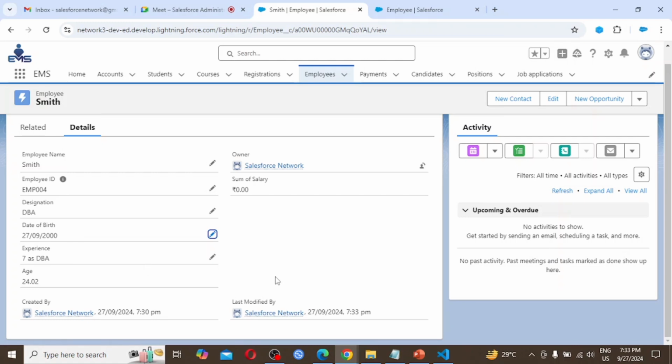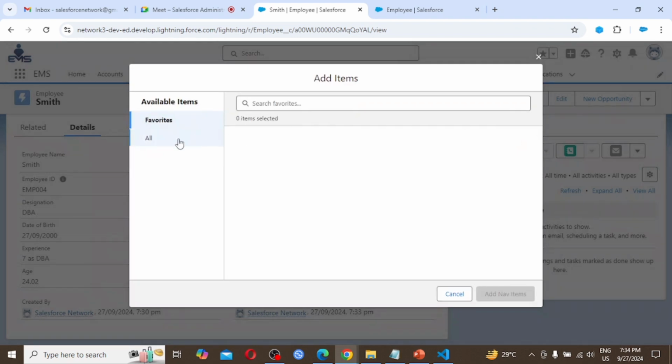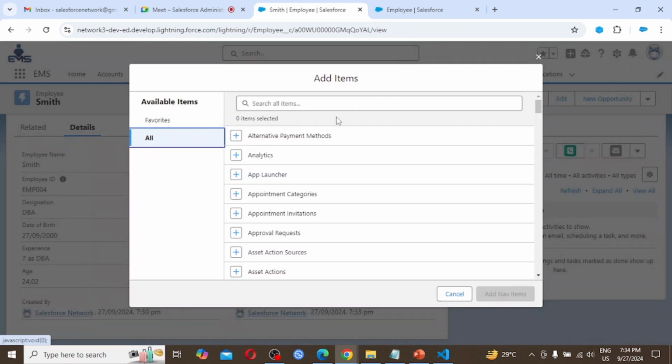So I think it's clear. Next assignment we have to do for contact. To make contact available in our tab bar, at the pencil icon here we have to click on add more items, select all, search for contact.